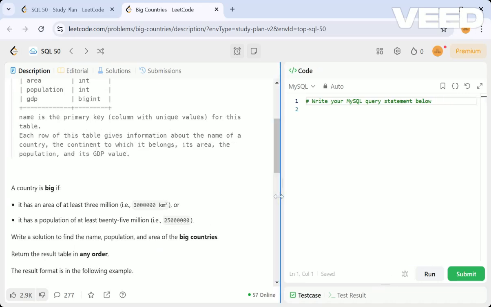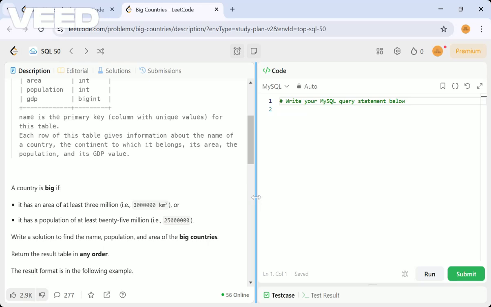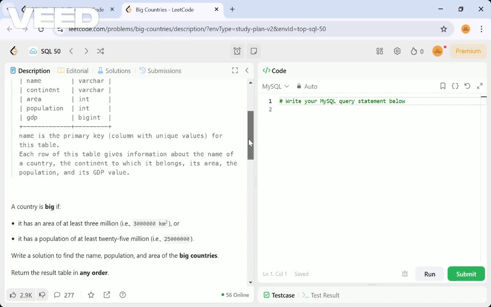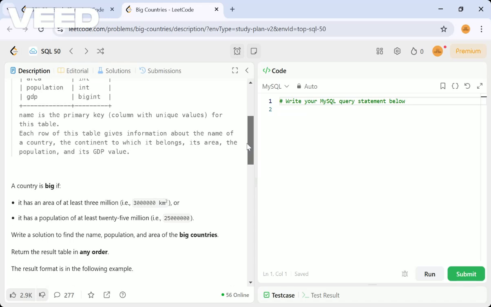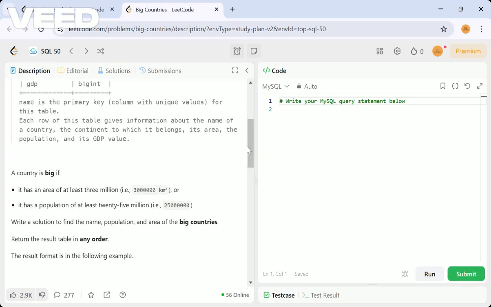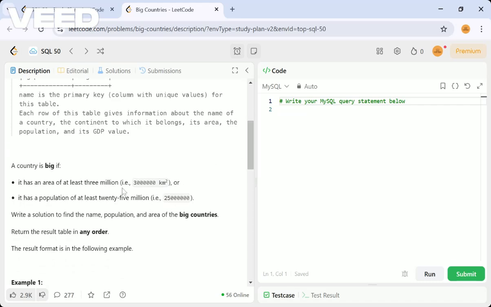So the first thing we have to understand is what we are selecting in every problem, and then from which table. We know the table name. The condition we are writing in a where clause is important. First we have to get an idea on that. So what are they asking, what condition are they asking about?